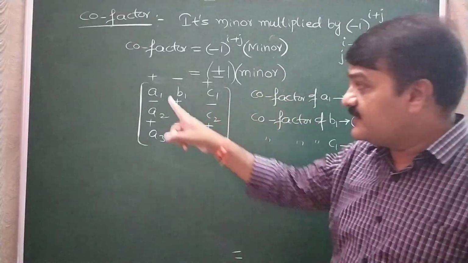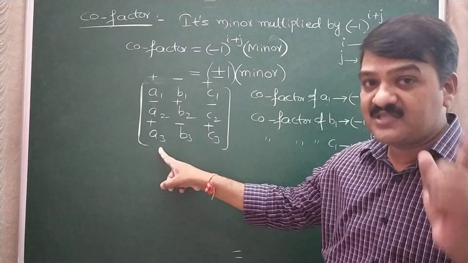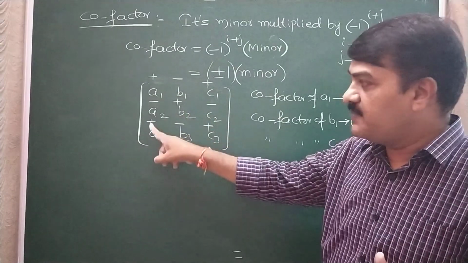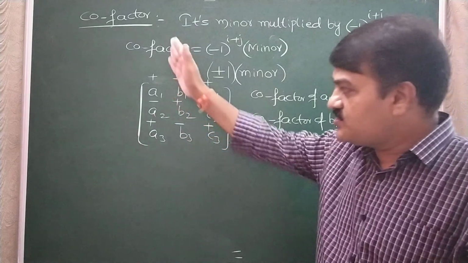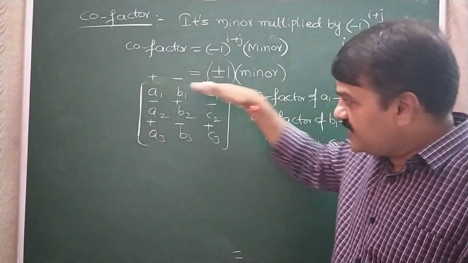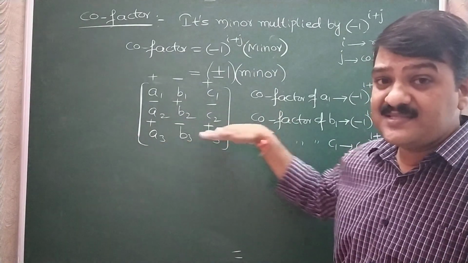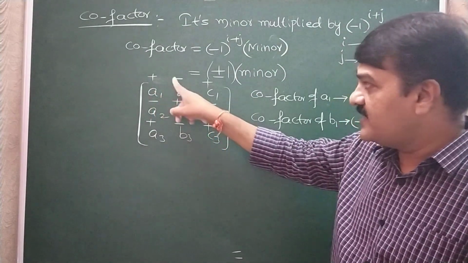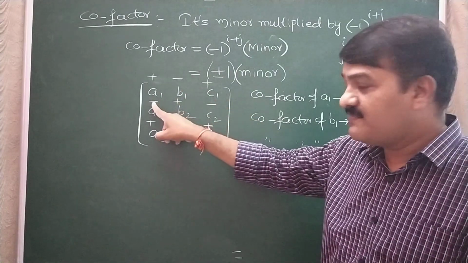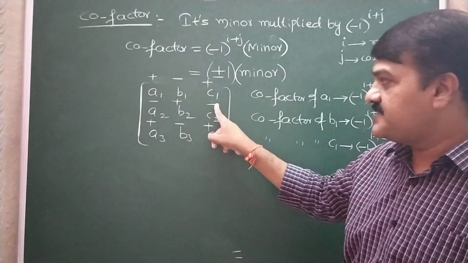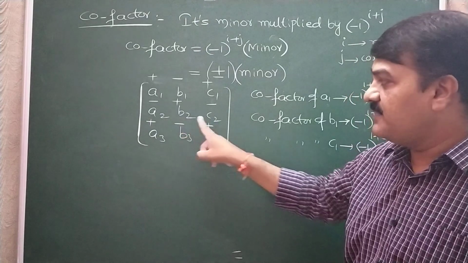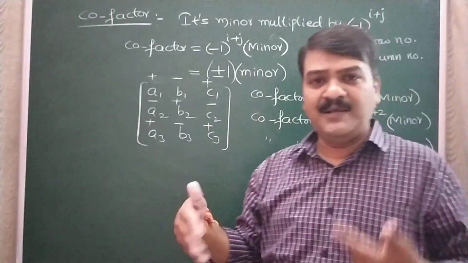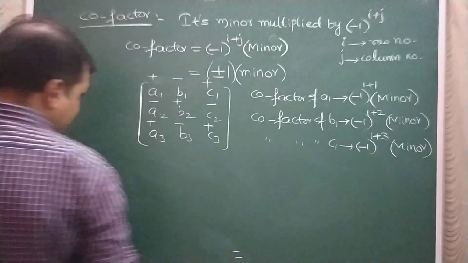And what is the technique? Write the signs for the first column. Start with plus, alternately put plus and minus. So once you complete the first column, for each row, write the signs alternately plus and minus. So already I have plus here, so alternately write plus minus. We have minus here, so alternately plus minus. We have plus here, so alternately plus minus. Like that you complete for each row by writing alternately plus and minus. Okay, so this is about